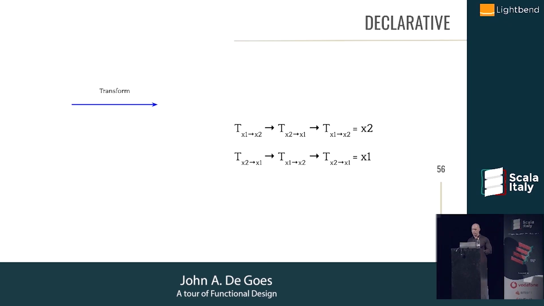And we also want it to satisfy a certain important law. This is structure that we want this transform arrow to have. We want it to be the case that if we transform an A into a B, and then transform the B into an A, and then transform the A into a B again, we basically end up where we started. And this should look a little familiar to you. You've already seen this. This is people standing up and down. This is a different way to see that. It's the exact same law here, just expressed differently.